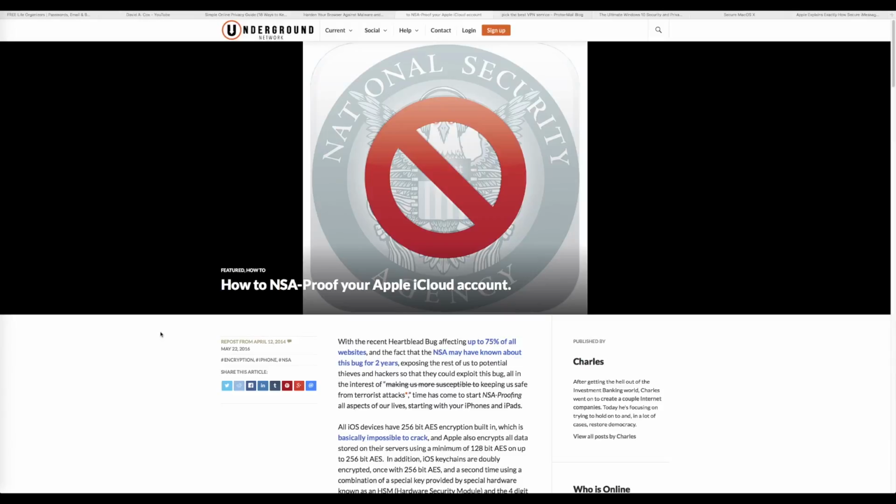It's how to NSA proof your Apple iCloud account. I think they've used that title just to glamorize it a little bit, but what the article really is about is the hardware and the software which is employed to protect people's documents that are uploaded to iCloud. And so if you have an iCloud account, definitely check this article out.